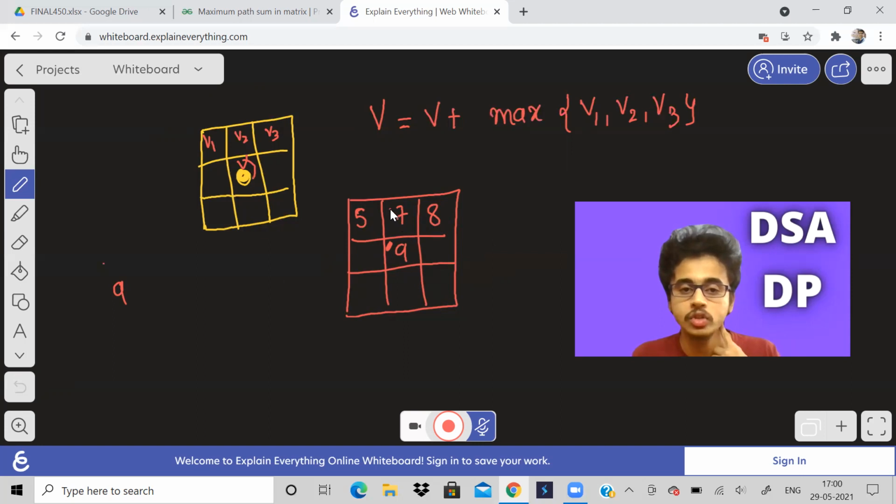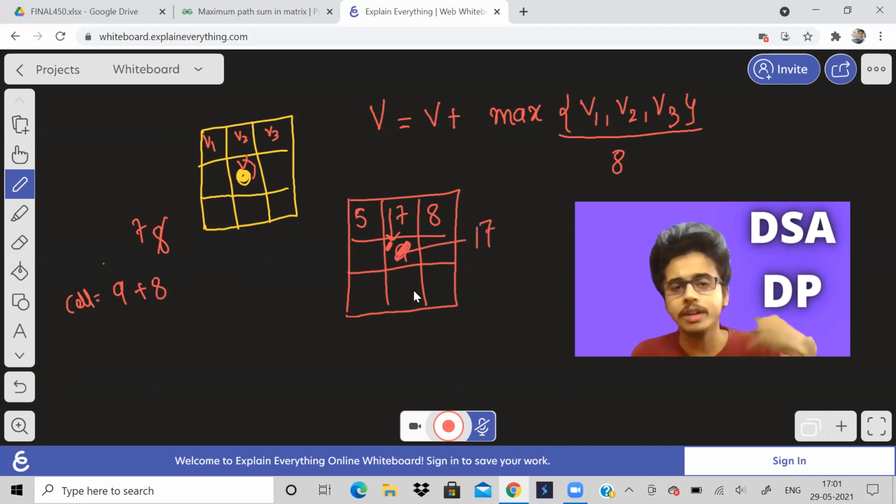If we go straight down from here, we will get 7. If we go down and right, we will get 5. Down and left, we will get 8. So 8 is maximum. So maximum of V1, V2, V3 is 8. And we have to add it to this cell value. So our cell value over here will change from 9 to 17. How does it help us?